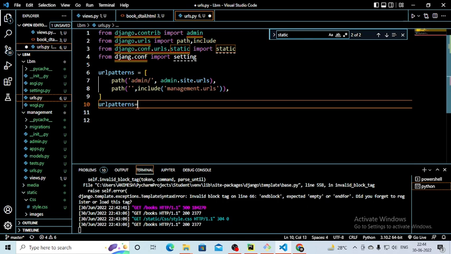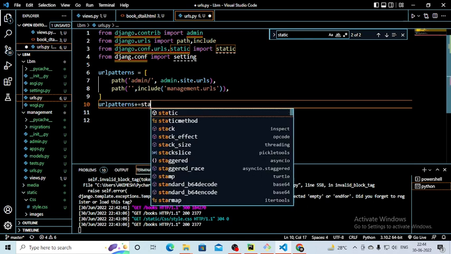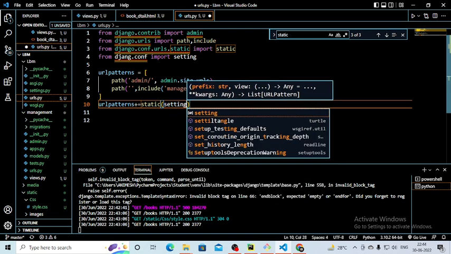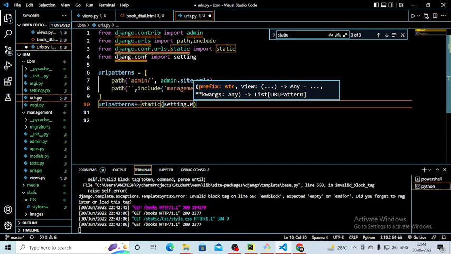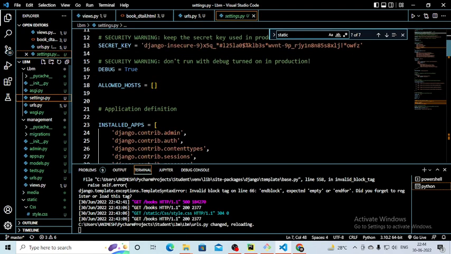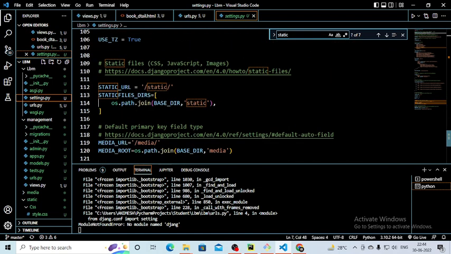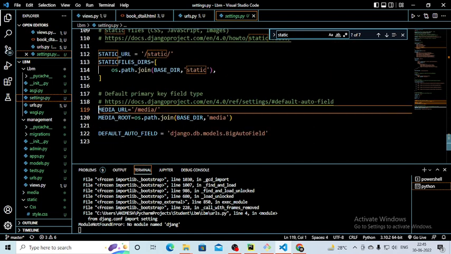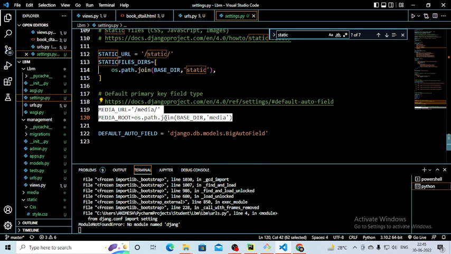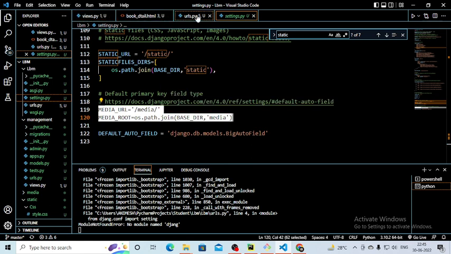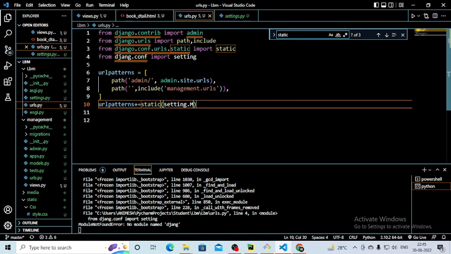so first write plus equal to static(settings.MEDIA...). So what is the media? If you go to the settings part, you will see I already mentioned my media part, right? So STATIC_URL, and this is my MEDIA_URL and MEDIA_ROOT. So I have to first give all this setting to the URL part. Okay, so urlpatterns plus static(settings.MEDIA_URL,